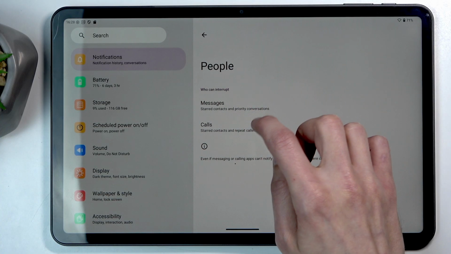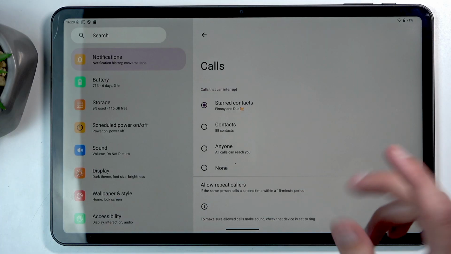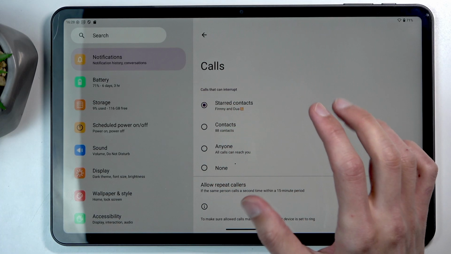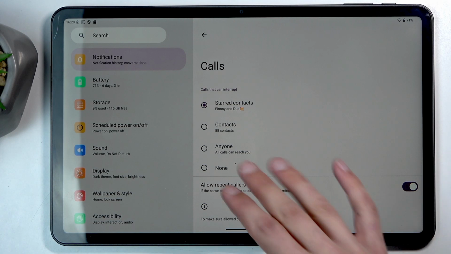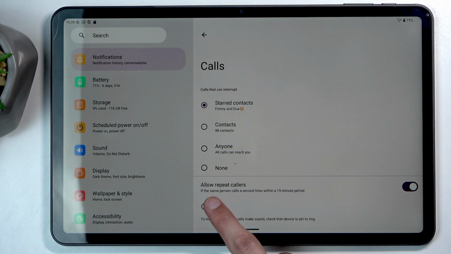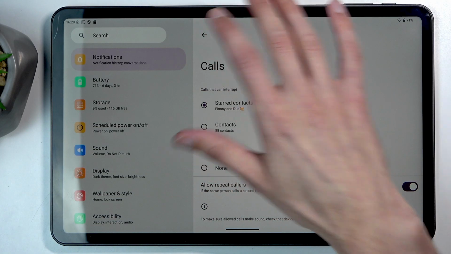Now calls have a bit similar options, but number one, you can only choose one, unlike messages, which allows you to choose multiple options at the same time. Here you can only select one, and it has an additional option for repeated callers. So if someone calls you twice within a 15-minute period,